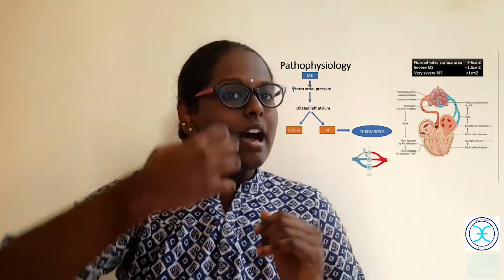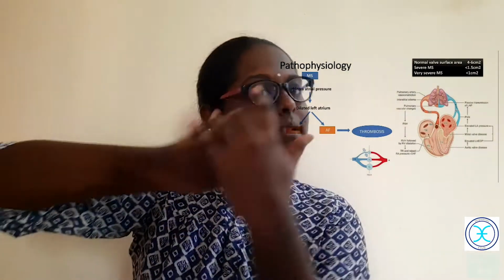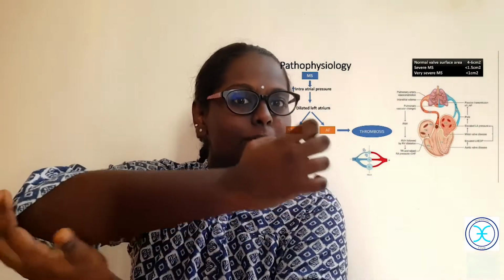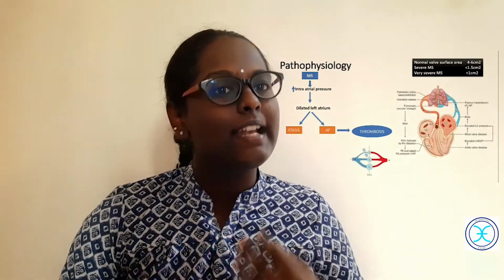This is one pathophysiology. Another thing is, here the atrium is there, and from the pulmonary vein it will reach the lungs. Through the pulmonary vein, there was high pressure in the left atrium, so there was a backtracking of the pressure. The high pressure in the pulmonary vein now reached the lungs. Because of the congestion of the pulmonary vein, pulmonary edema occurred, and the patient suffered from common symptoms like dyspnea and cough.